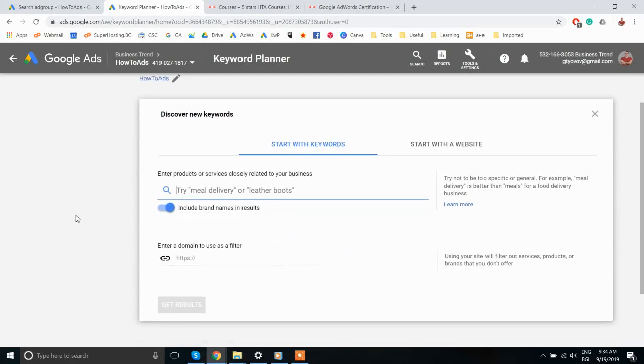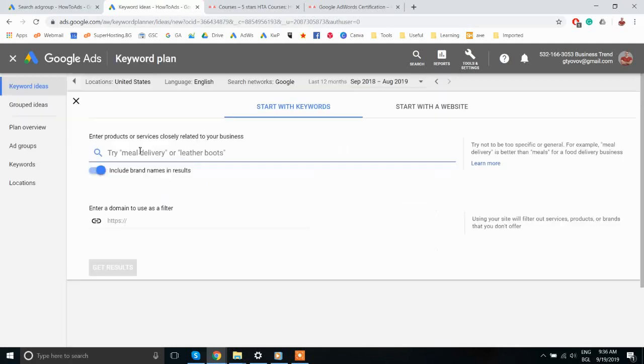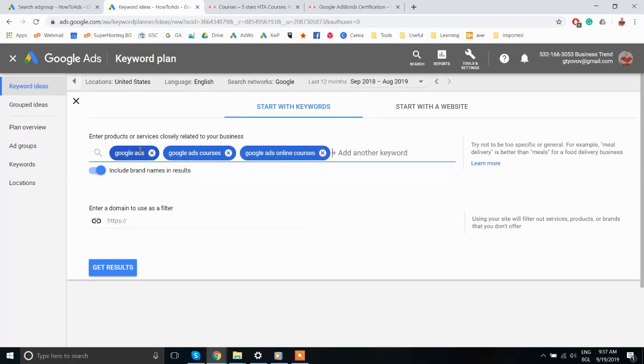So now I will enter my keywords: Google Ads, Google Ads courses, Google Ads online courses, and Google, and also I will add AdWords